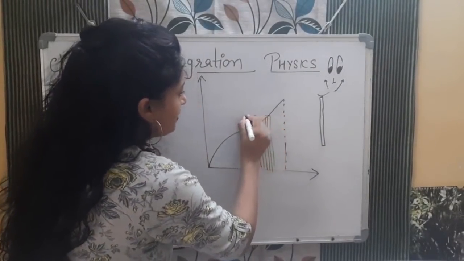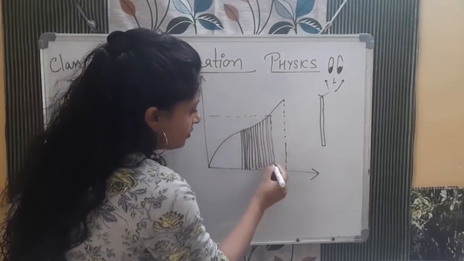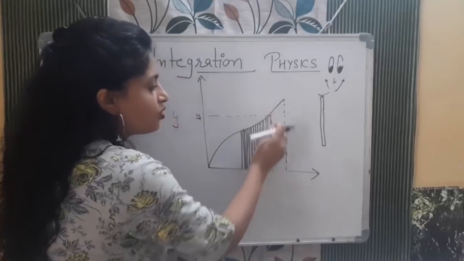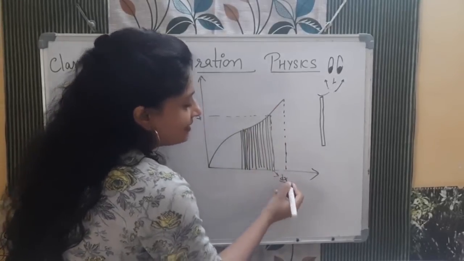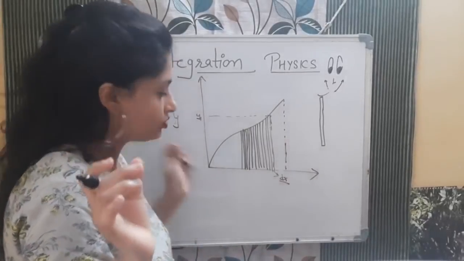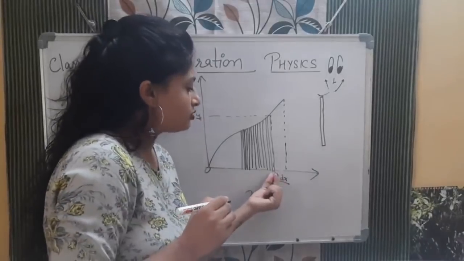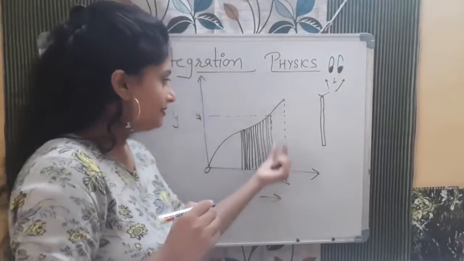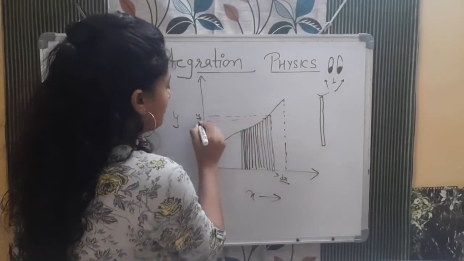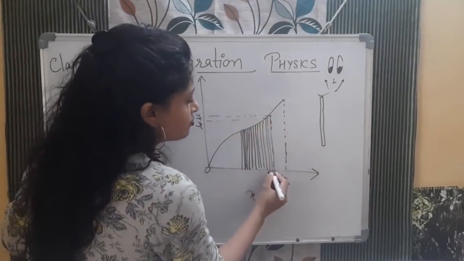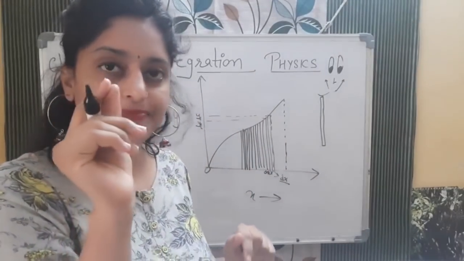So at this point, the value on the y graph is y1 here, and on this particular part, now see, I am taking a very small part. This small part I am calling dx. dx means a very, very small length. So on the x-axis, I am taking a very small part, and I am putting it as dx. This value is y1 here. For example, the next strip, it is y2 here, and again it is dx here. Small length of the same width I am taking here. Same width, very small fine strips.